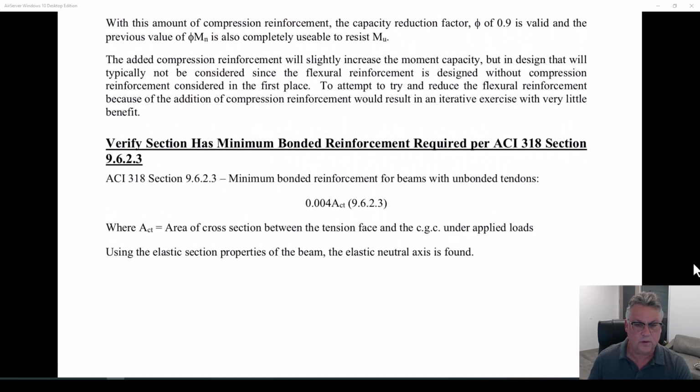Very, very important when we have unbonded prestressing. The code, practicing engineers, people who write the code, academics who run tests, nobody likes the idea of there only being unbonded post-tension prestressing in a beam. And the reason is that when a beam does crack,